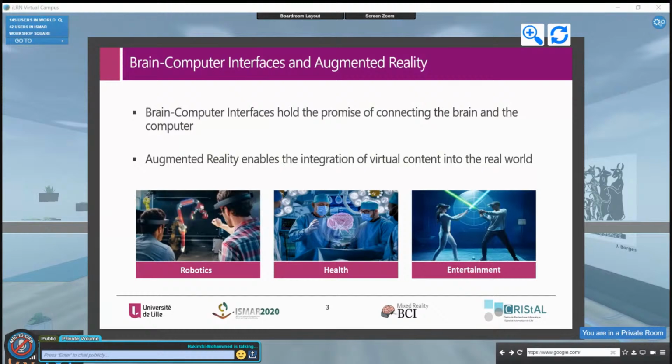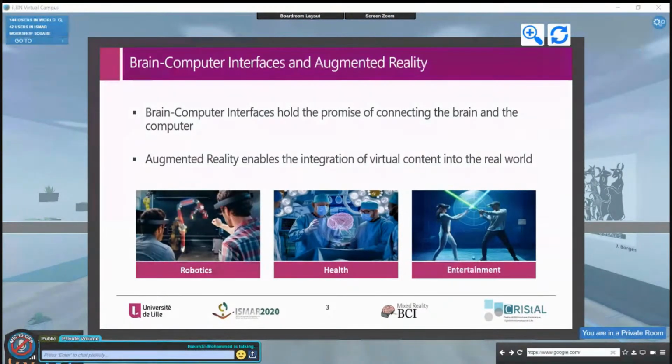And on the other hand, augmented reality enables the integration of virtual content into the real world, thus enabling this idea of combining real and virtual elements that we wanted to interact with using brain-computer interfaces. And the combination of these two offers a lot of applications in different domains. We can imagine how we could use brain-computer interfaces and AR to interact with robots, which I'm going to